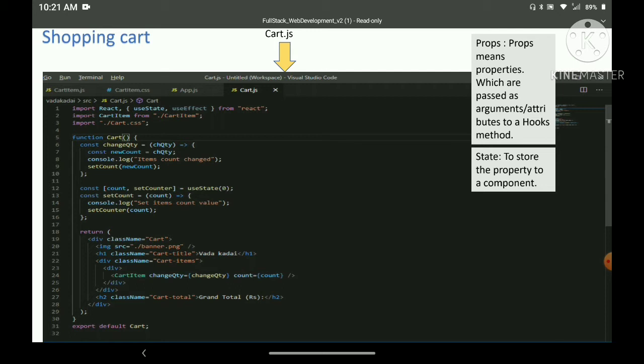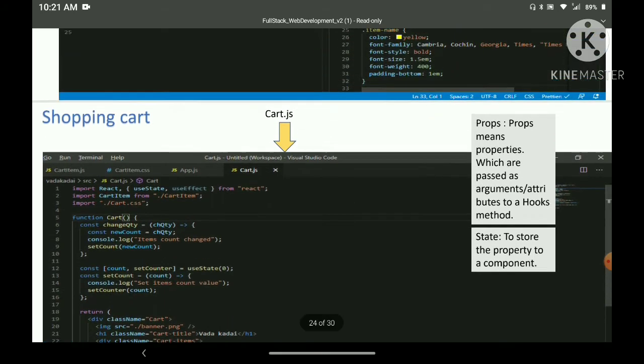In line number 12 we set the count as use state of 0, then count will be 0, and we assign the value to the count variable and pass it on to the set counter of count. In line number 24, count is equal to, we are passing the count variable. If you want to pass a variable value as a parameter, you need to put that variable name within curly braces, which you get if you type shift brackets. So I am passing that count variable.